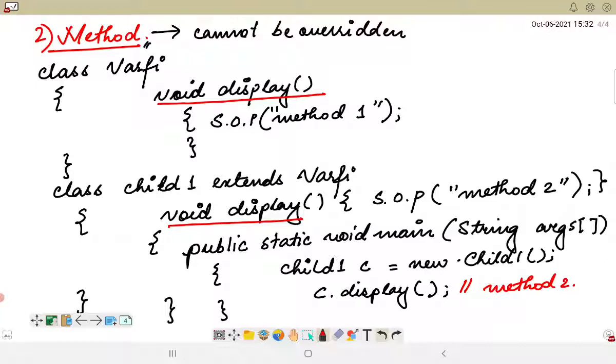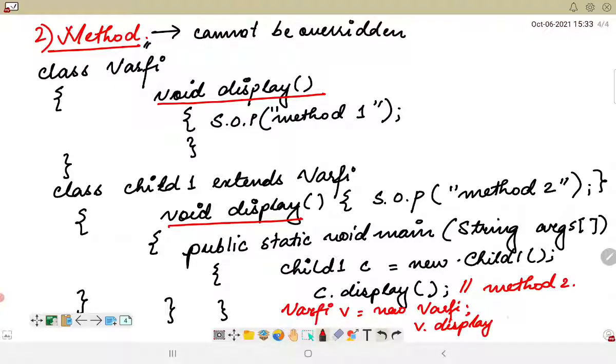Now if I want to call the method which is there in the parent class, I have to create an object of the parent class. So Varphi v is equal to new Varphi, and here I'll use v.display().